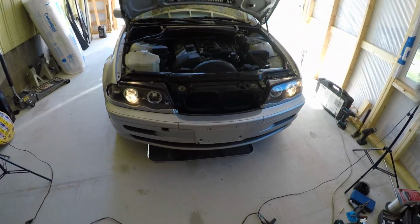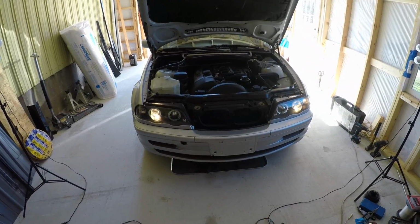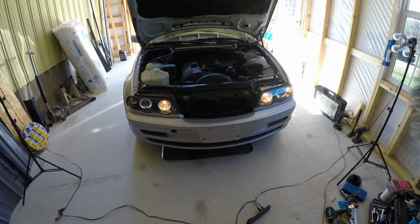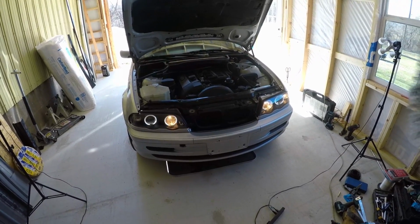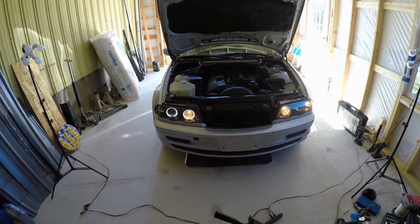I did notice when the parking lights were just on, the daytime running lights were still on. And actually, I thought that those would go off when that was on. Let me start the car and make sure. Yeah, the daytime running lights are actually still on. That kind of sucks, but I mean, you know, they work. Might have to code it down the road if I keep it. I see that parking light's out too. We'll have to fiddle with the bulb in it. And that side's